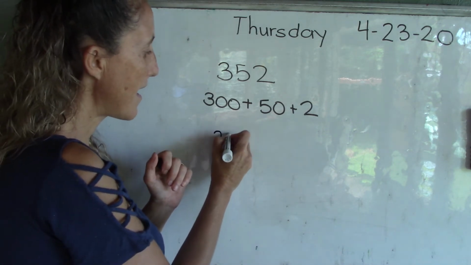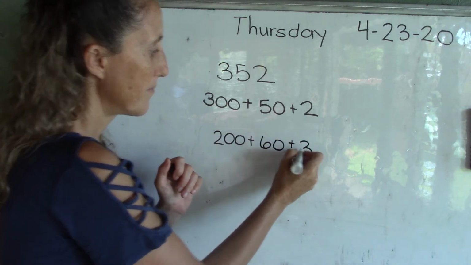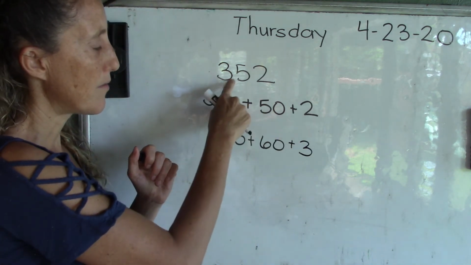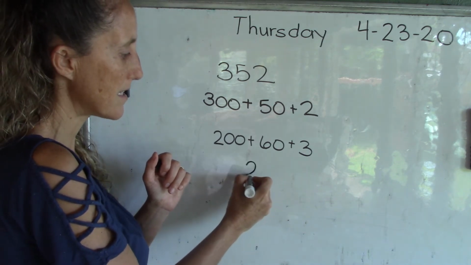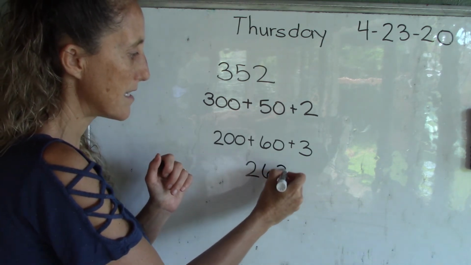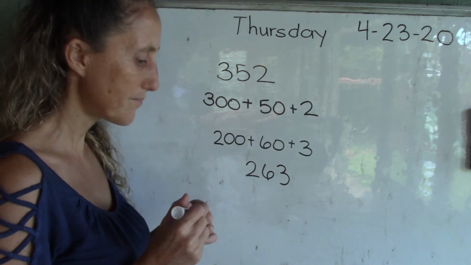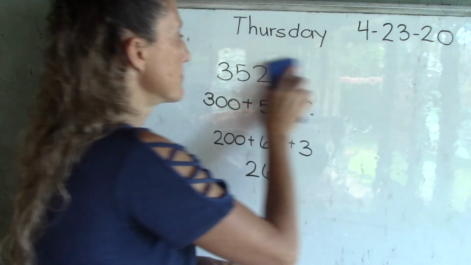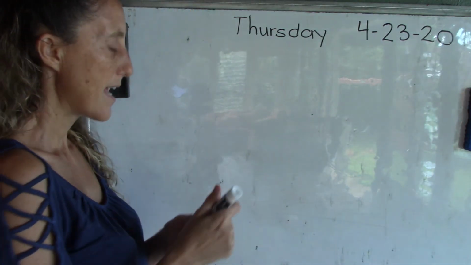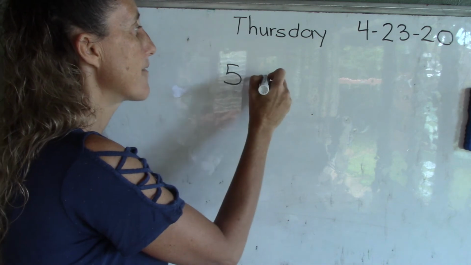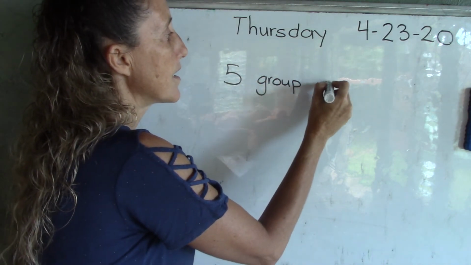If I have a number like this, I can write it in the regular way, 263, and it would look like this, 263. So it can go both ways, right? Okay. Also, you'll be working with multiplication, and if you have 5 groups of 3, so that can mean that